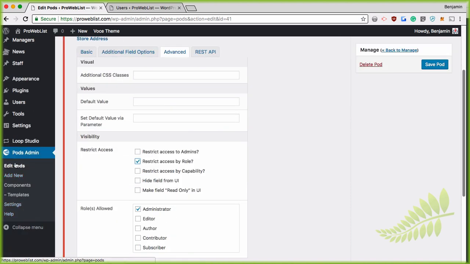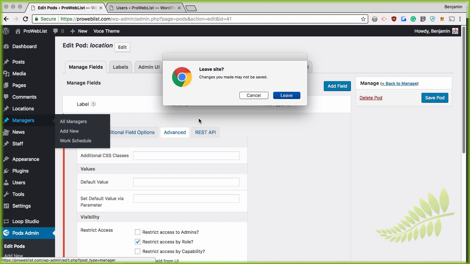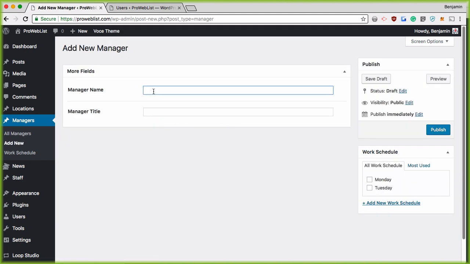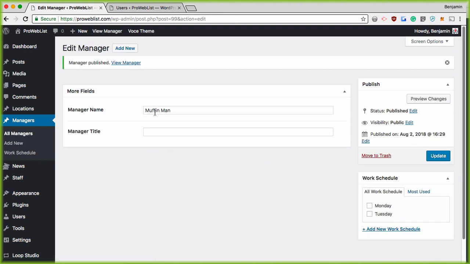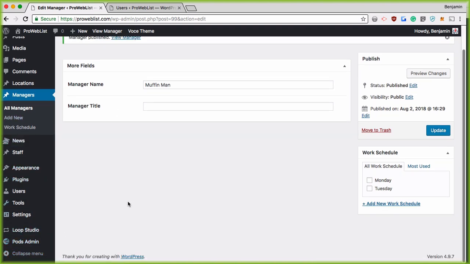I know we're kind of jumping around, but there's an important part of the templates that we need to know about. So we're going to come over here to our managers. We're going to leave this. The reason I want to do this is notice how there's a manager title. Let's create a new manager, but we're going to leave the title off. Muffins, Muffin Man. Does not have a title. Okay, with Muffin Man not having a title, we could have a problem. Actually, we could have a problem with our